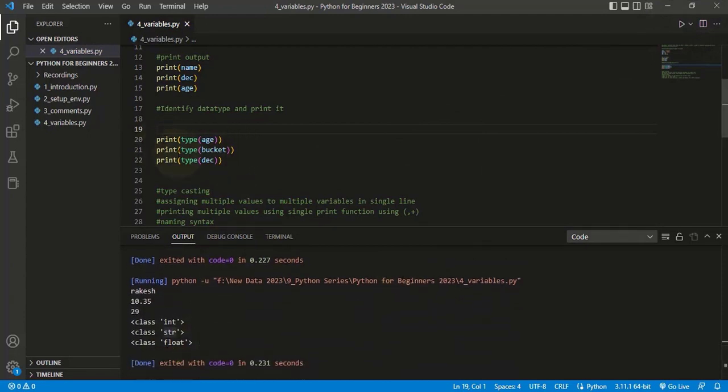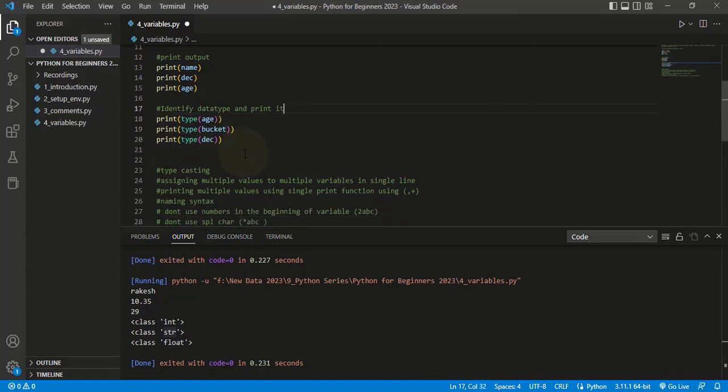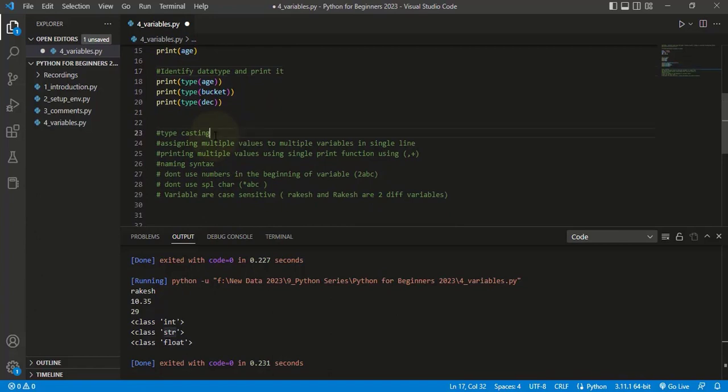So here what is happening is we are using type function inside print function. Why do we use type function? Type function will help in analyzing what is the data type, and it will analyze, but it will not print in our output. So to print it inside our output, we will use a function called print. I guess this concept is also clear. Okay, so coming to next concept,